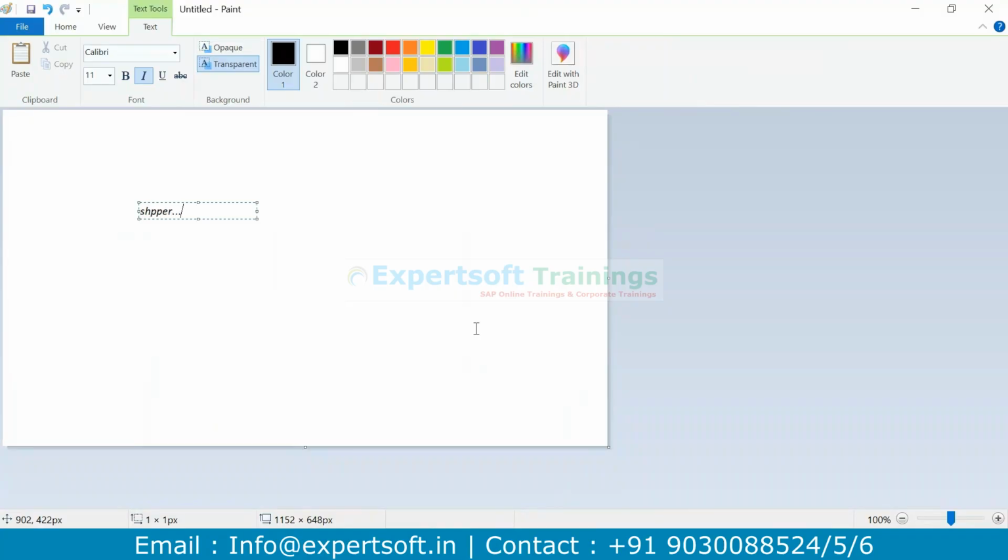I mean, how BN4L works. The number one is web UI. The other one is B2B integration. So in the web UI method,